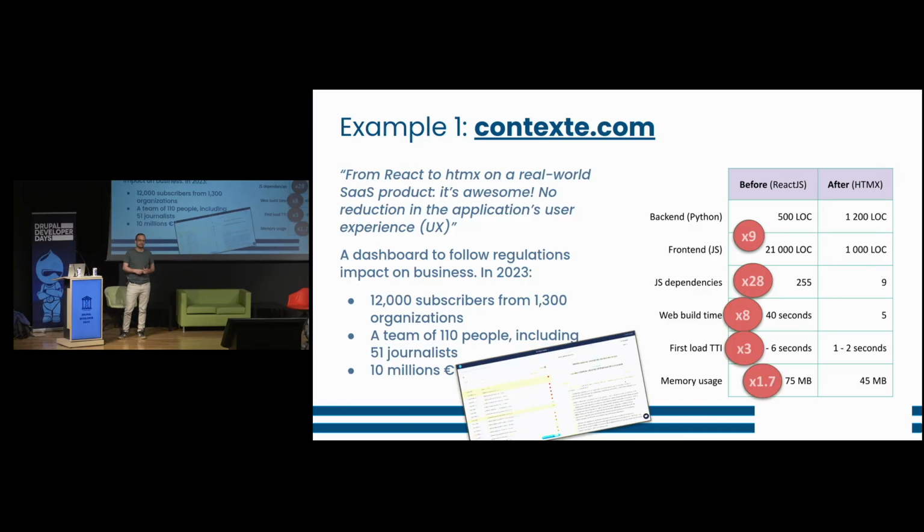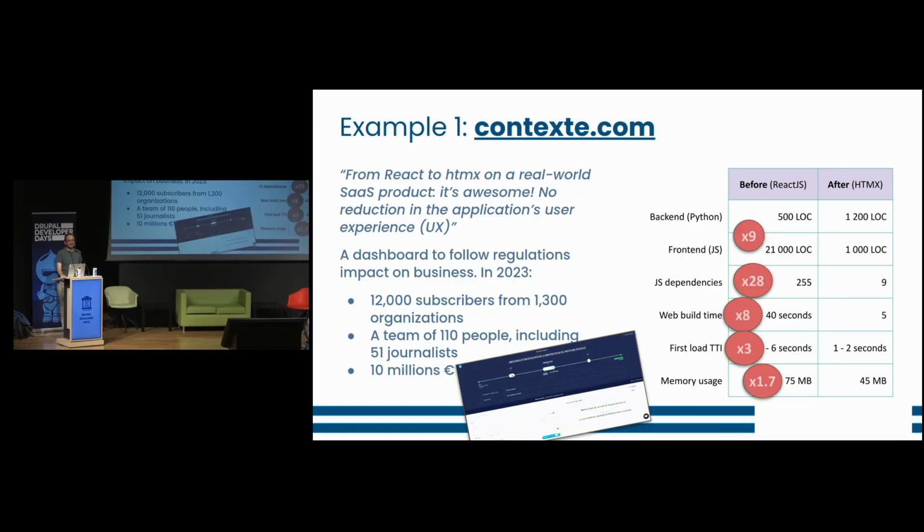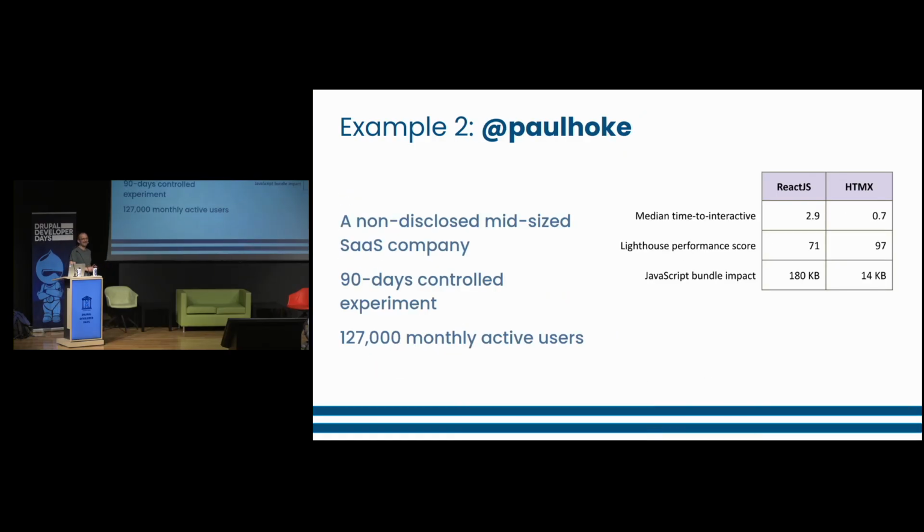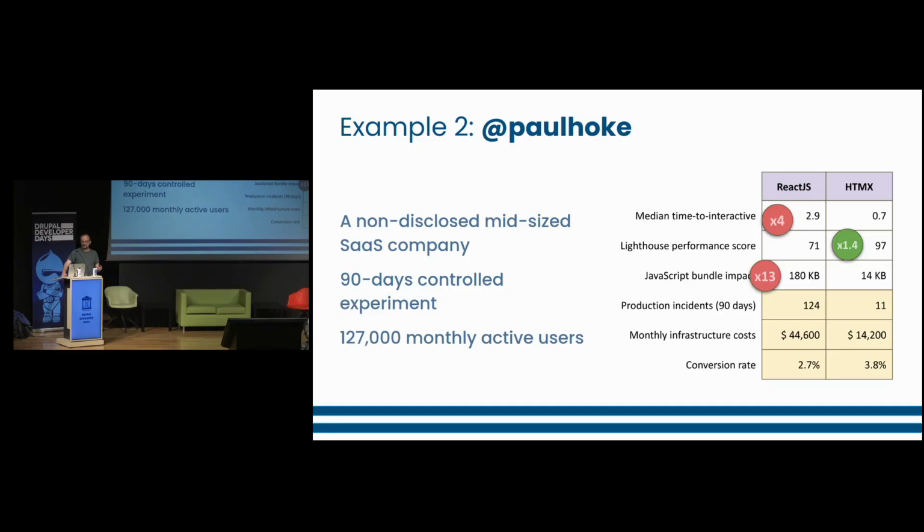So is it only one situation, or do we have more? There is one I picked. Unfortunately, I don't know the company, but you will see why I picked it. It's a SaaS company with a lot of users, and they did an experiment comparing the two. They got good results too, and they also have business KPIs. And the business KPIs are crazy.